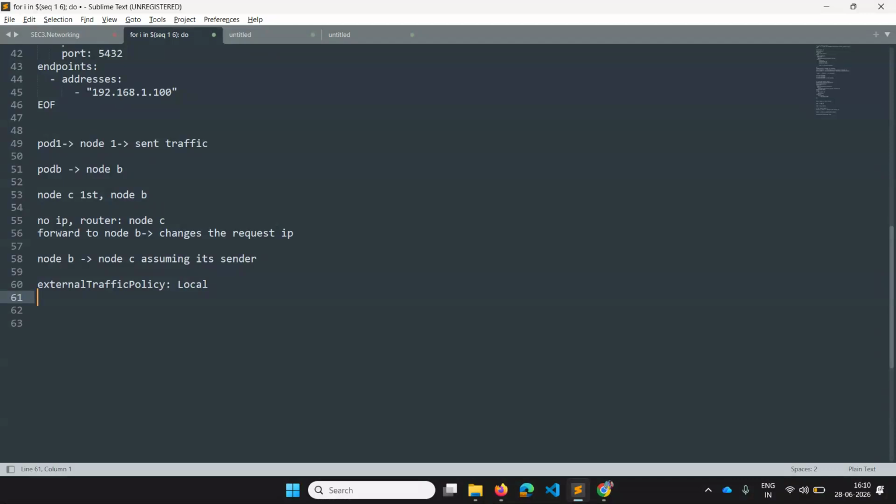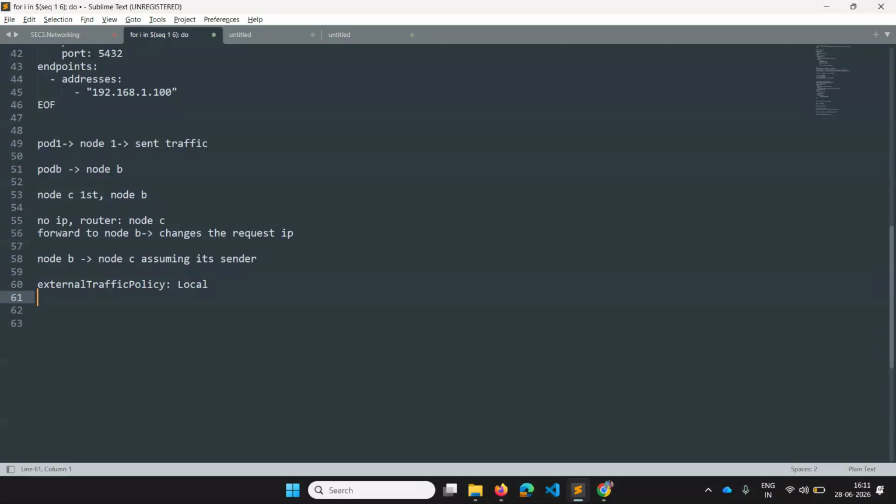I will just drop this gift in the dustbin. So whatever request packet node C gets, if the pod that packet belongs to is not in that house, not in that node C, then node C just dumps that packet. So it doesn't act like a router.